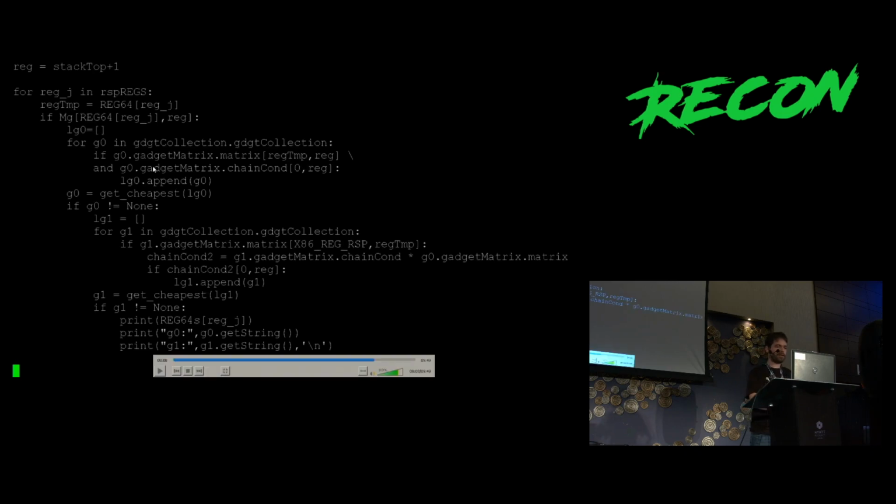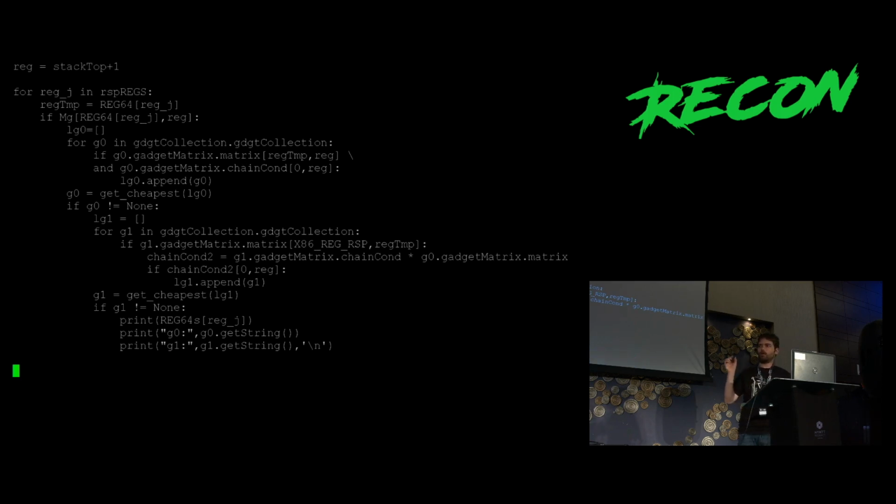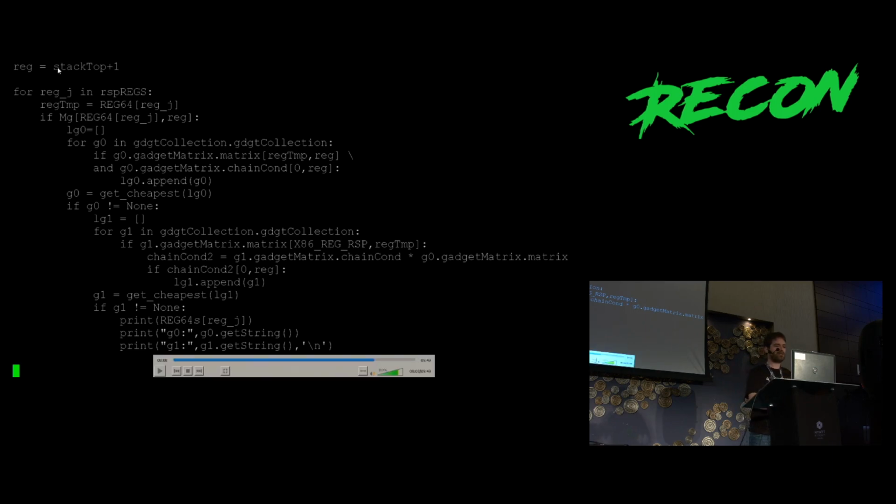And now an ugly script where we will just loop over all these registers that can write directly to RSP, and we'll start from stack top +1, which is the cell we control, and loop over all the gadgets, find the ones that have an influence from our register to this temporary register, and such that we can chain to the next gadget.